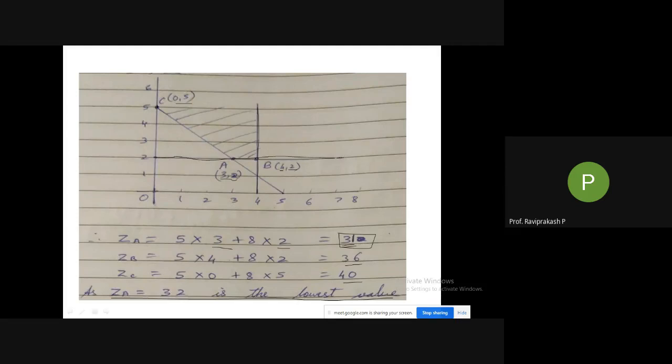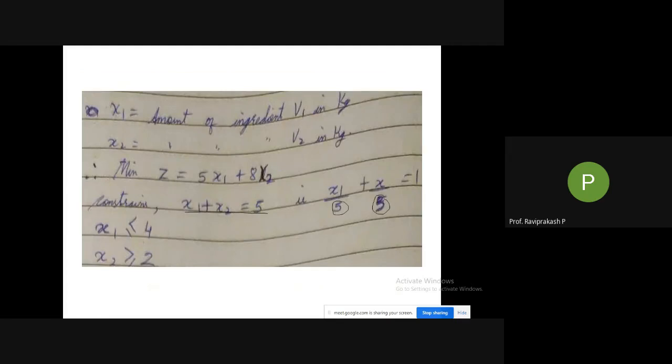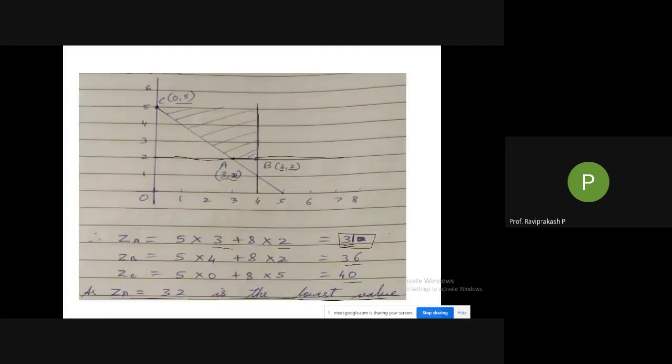Okay, like this. So now we need to check whether, for all the three constraints, it is greater than, lesser than, or what. So first, if you see, it is equal to 5. So only the line should be there. You cannot go on this side or this side for the time being. Okay, so it is at this line only. But with respect to the other constraints, we need to take whether you can go on top also or bottom also, above also or below also of this particular line. You can go this side also and this side also, because it is equal to. So this will be one of the constraints. This particular line will be one of the sides.